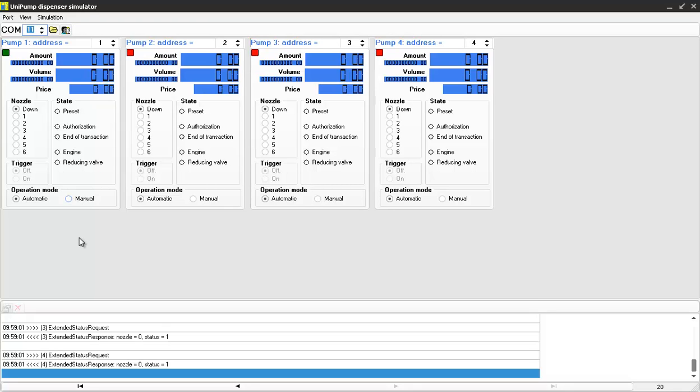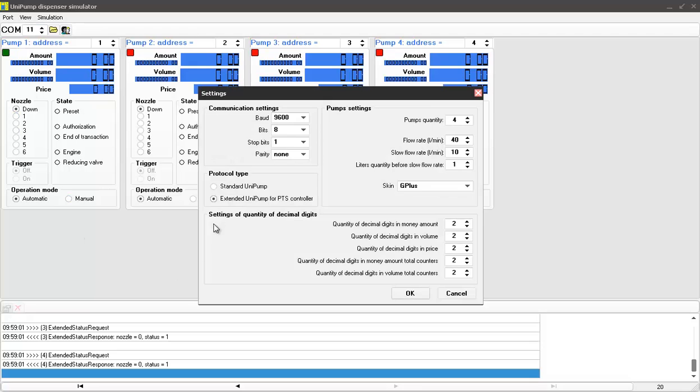So it communicates with PTS controller pump channel number 1. We should select its properties correctly. Communication settings: for Unipump we select 9600 in PTS controller. Pumps quantity, flow rates maximum during dispensing and flow rates at the end of dispensing, and also sets